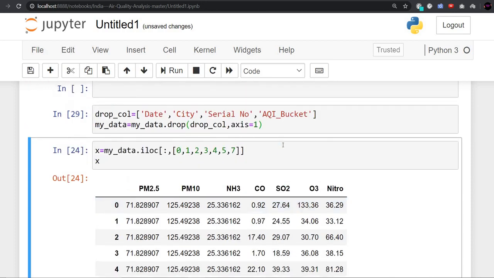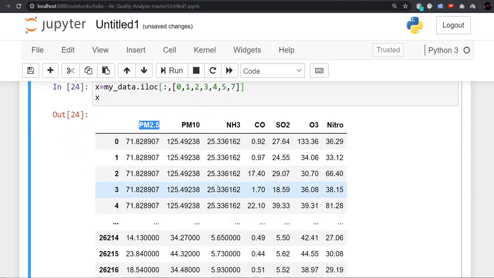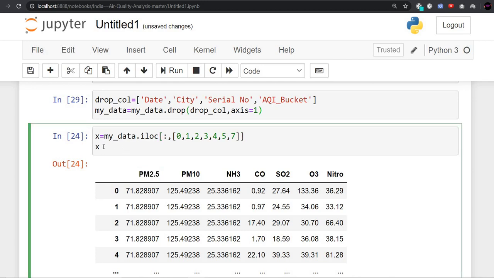So we have successfully removed all these columns, and now what will be our x value? For our x value we are using the iloc function. Here x means the independent variables, which are just the input variables that we will use to feed our input, in the form that we created earlier. We will use these values in the form and predict the value using the model. We are fetching it with the help of index slicing, which is very useful in Python.